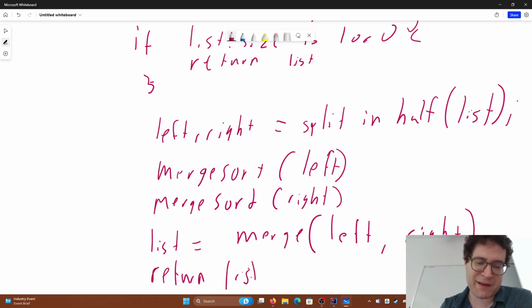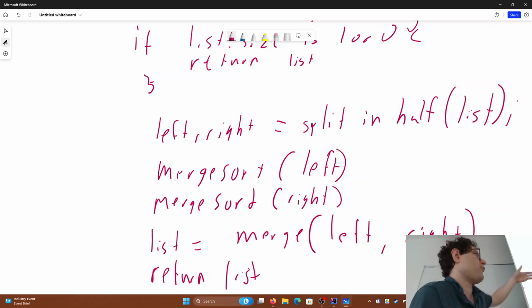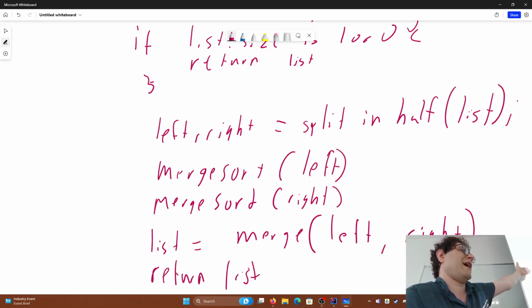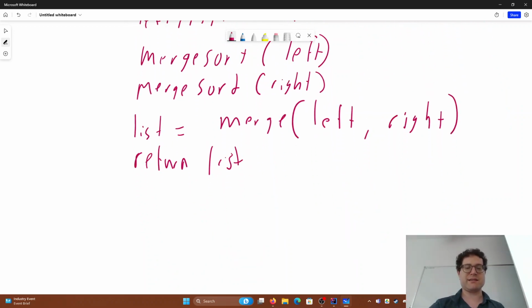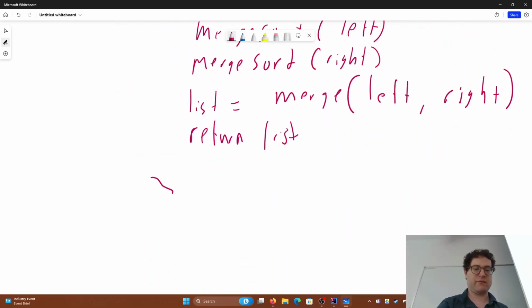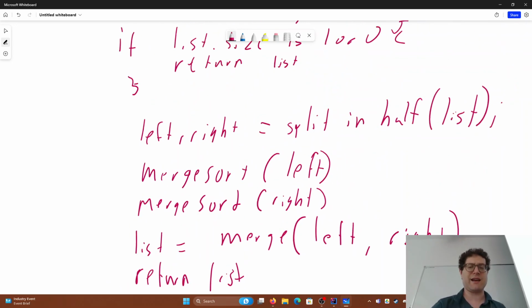algorithm works is that basically we split it in half. We perform merge sort on the left half and the right half, which means that left is sorted, right is sorted, okay? And then after that we return, sorry, once we've got a sorted left and a sorted right, we merge the two sorted lists together into one sorted list and return that list. It is recursive, which again, we go over in more detail, but that is why this runtime